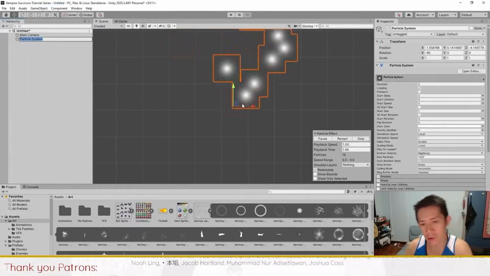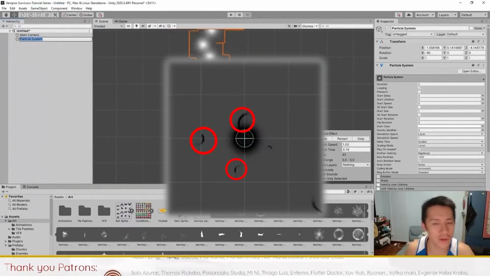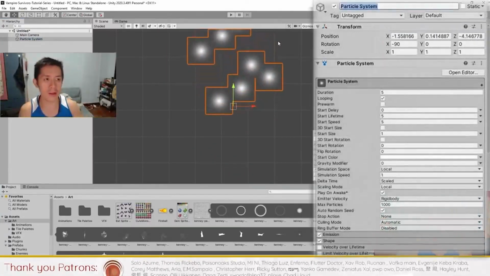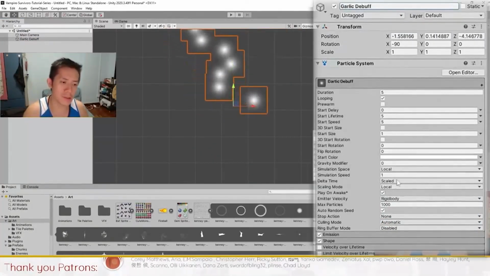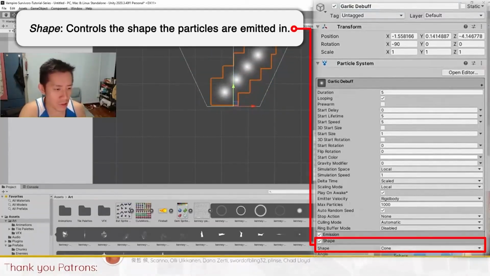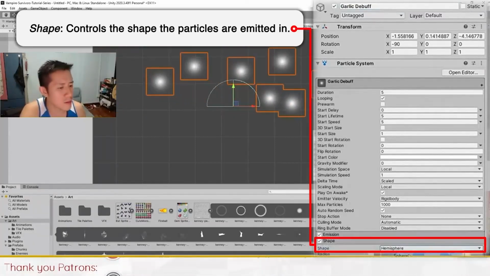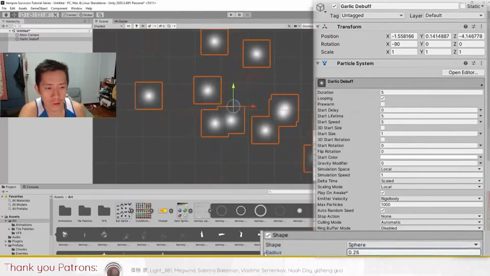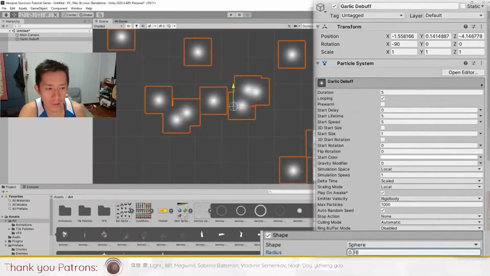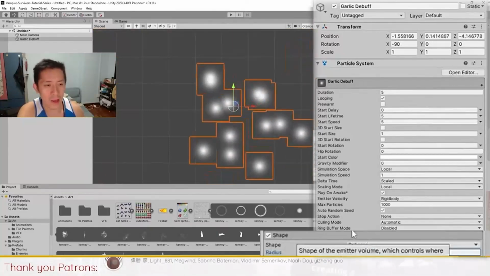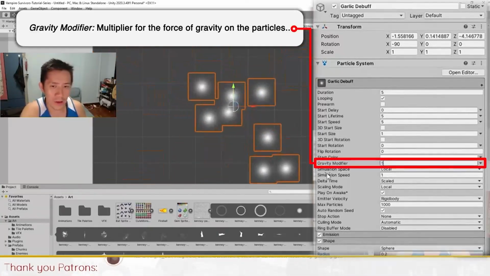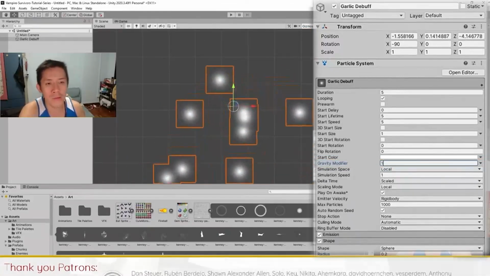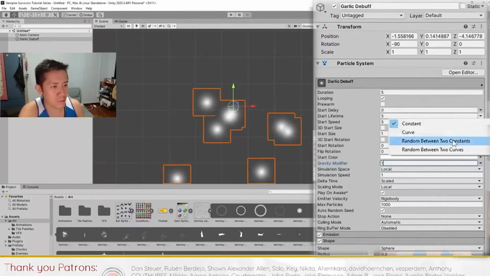The first thing I want to do is create the little arcs that you see coming out of the central effect. I'm just gonna call this particle effect garlic debuff, because everything comes from a center, right? I'm gonna change the shape over here to hemisphere and the sphere, so then you will see it just comes out from a circle, and we want to just push the value of the sphere to a very low value right here. And I'm gonna also set gravity modifier to 1, so then we'll have all the particles appear like that and then just drop down. Next thing I want to do is to control the lifetime